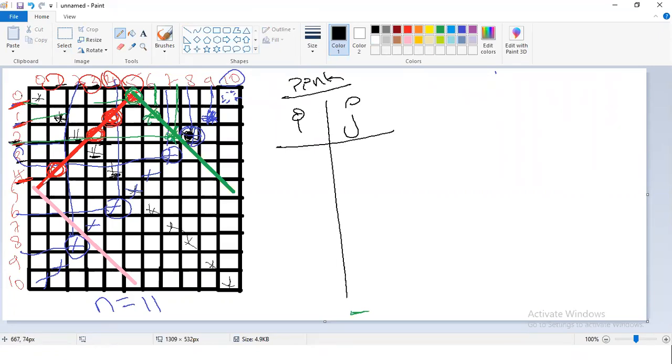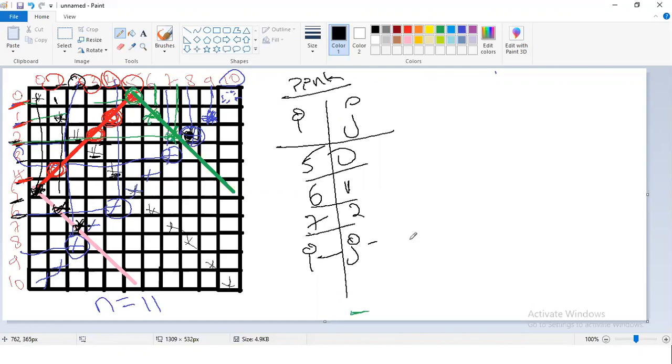So if I want to print this star, what's the value of i? Value of i is 5. What's the value of j? Value of j is 0. If I want to print this star, what's the value of i? 6. Value of j is 1. If I want to print this star, what is the value of i? 7. And value of j is 2. Yes, we can stop here. And if you notice, 7 minus 2 is 5, 6 minus 1 is 5, 5 minus 0 is 5. That is why i minus j is equal to 5. And that is why i minus j equal to 5 is nothing but n by 2. We got a new line equation.